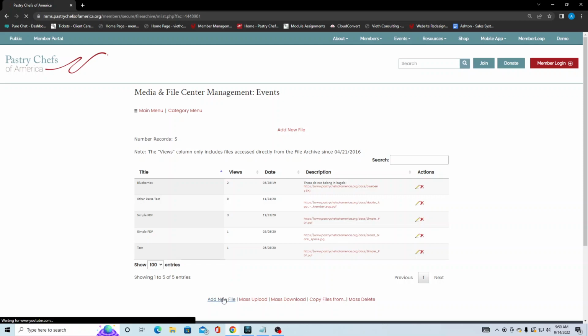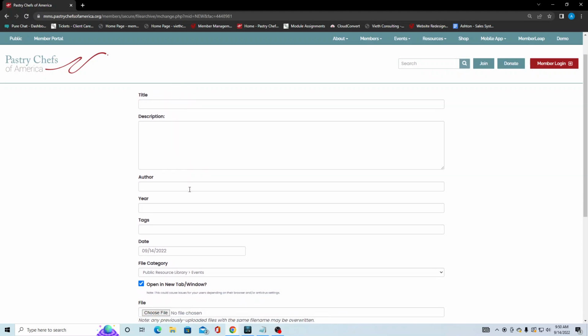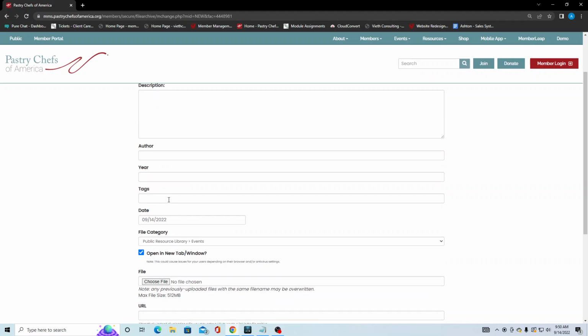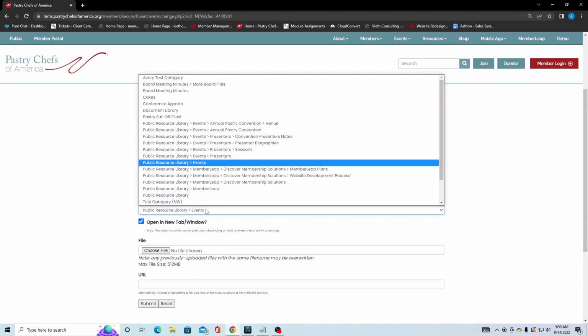So let's take a quick look at the add new file option. You can add a title to what it is you're uploading, a description, who the author is, the year, any tags that you want, because we have that auxiliary piece enabled as well, including tags, author and year. The date, the file category that you want this to be put under,